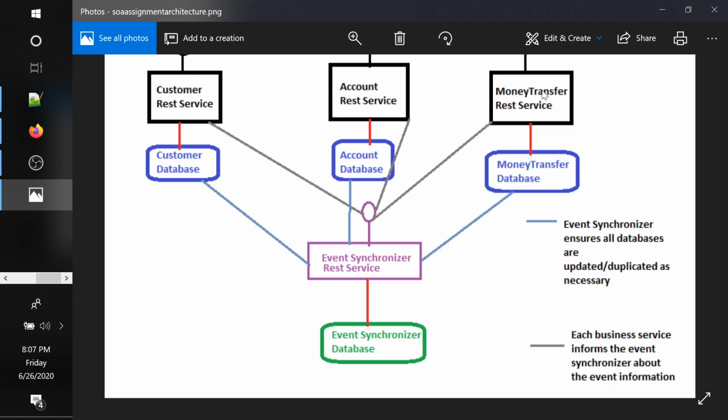There are thousands of cars passing through many intersections on the roads, and right at the crucial junctions you have these signals, your traffic policeman coordinating the traffic flow. This is like the event synchronizer, routing all the information, whatever needs to be passed on to the other services. And you may have another service which can duplicate the services.